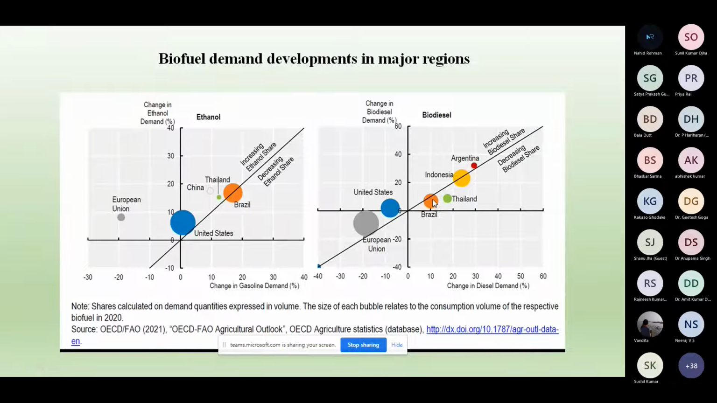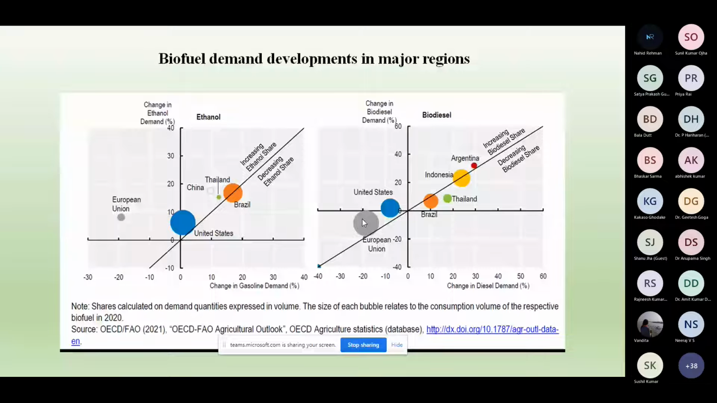Brazil requires less biodiesel in comparison to ethanol. Likewise, the United States is also the same. They also want to use ethanol in comparison to biodiesel. Likewise, the European Union lies somewhere in between. It's a very nice representation comparing the shares of different